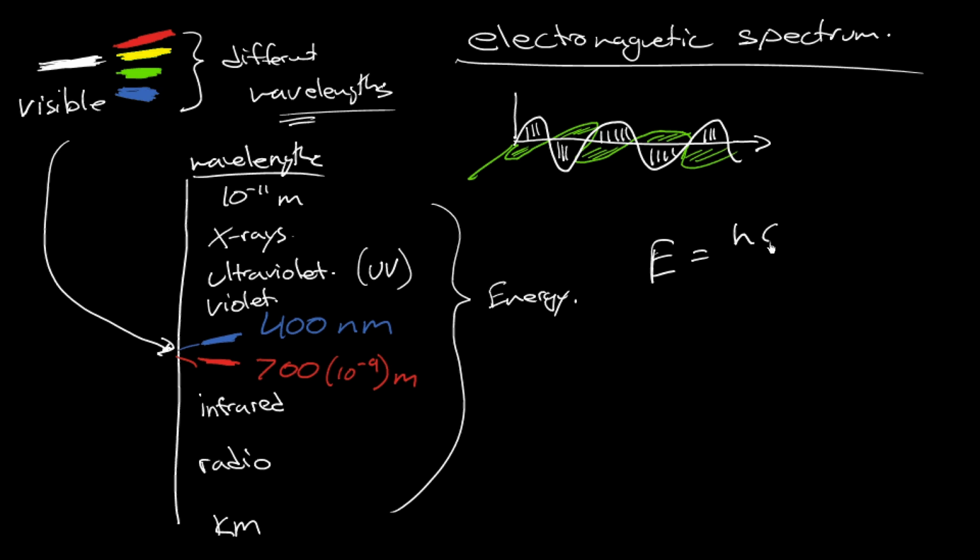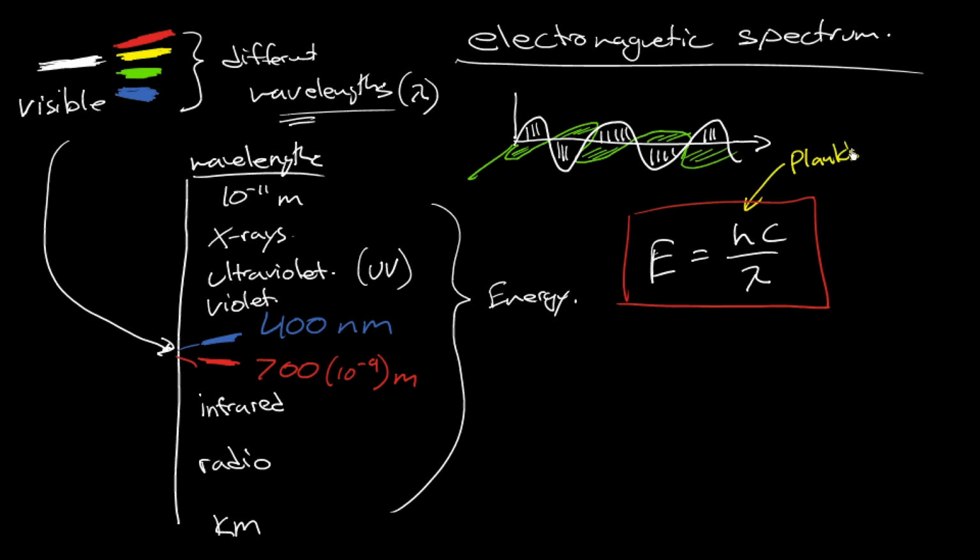It's E equals hc over lambda, where lambda is the wavelength. That's a little equation, and h is Planck's constant, c is the speed of light,